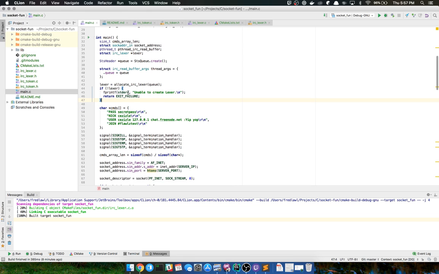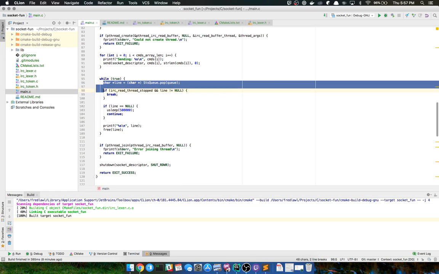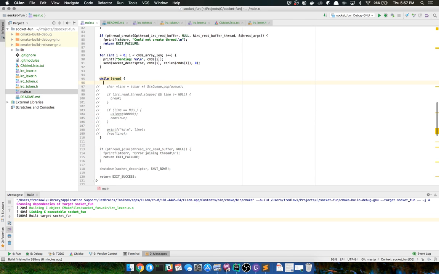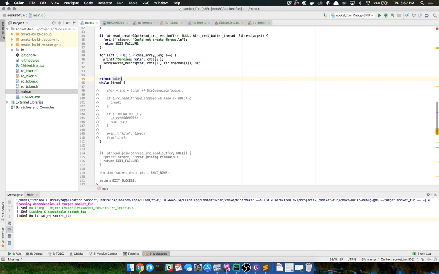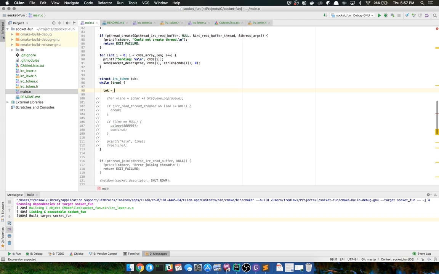So we have our Lexer, and then I'm just going to comment this out real quick because I'm going to redo this here. So struct token, we're going to actually rename that to struct token, IRC token, this will be Lexer. Oh wait, yeah, I forgot.